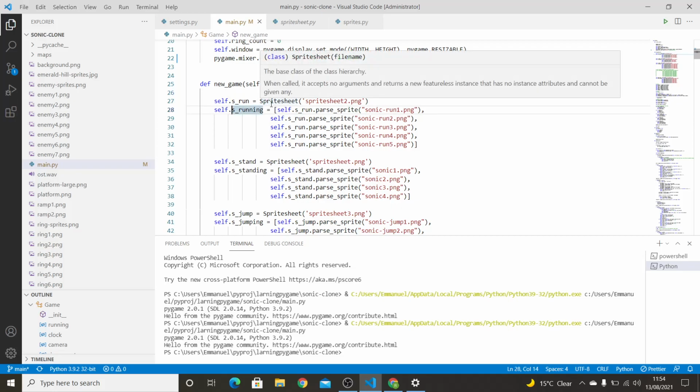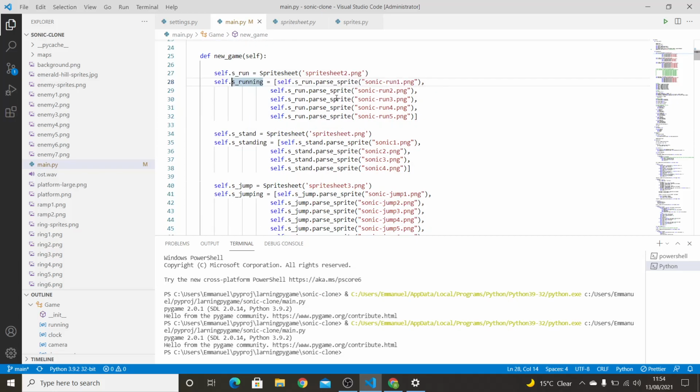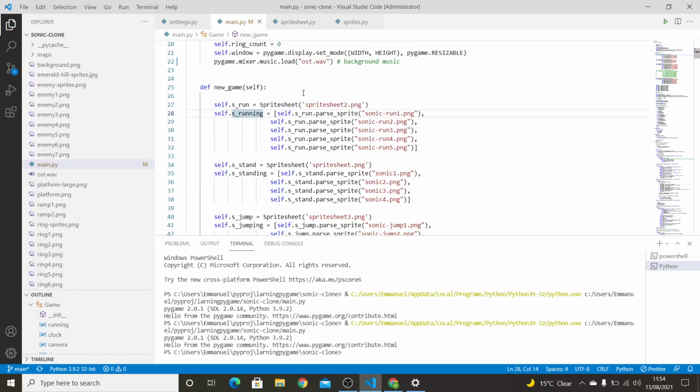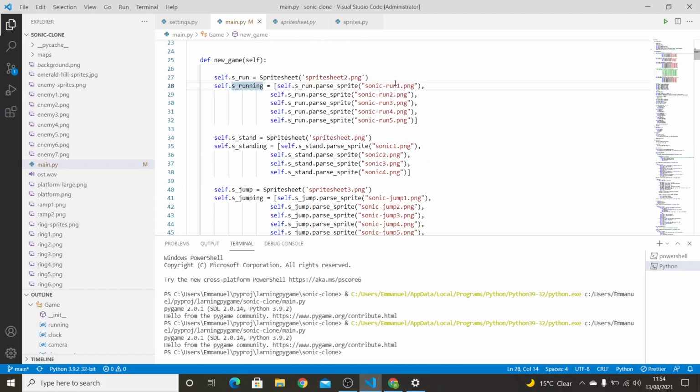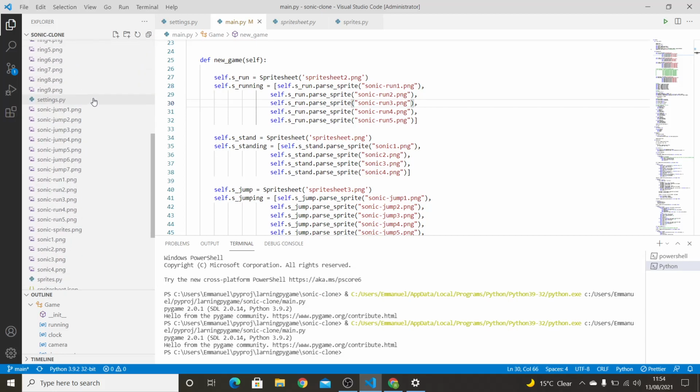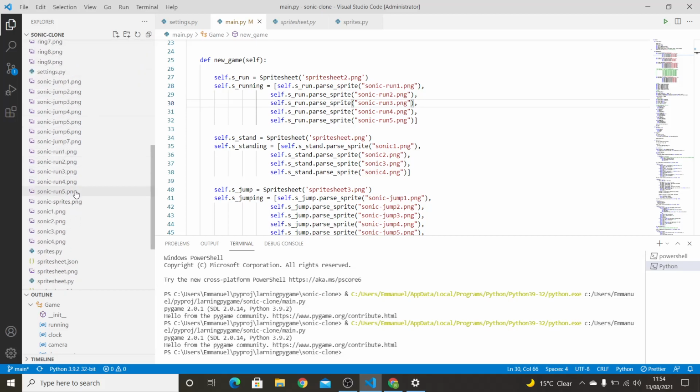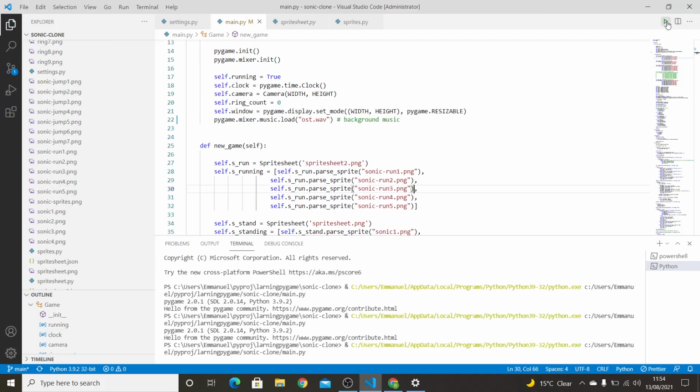I don't really know what to call it, but basically when the game launches, Python and Pygame collect all of this information, everything you need, the different animations. So literally every single image here is the whole animation. So if I was to run it,